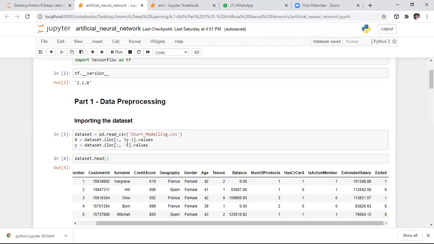So here I said 3 colon minus 1. Here it means I am including the rows. We need to divide our data set in the form of inputs as well as outputs. So here I'm considering all the rows, and coming to the columns, I am using columns from the third column to the last column. Here last column minus 1 is nothing but the last column, whereas I am excluding this last column. From this, I want to take input as X and output as y. So here I'm running this portion.